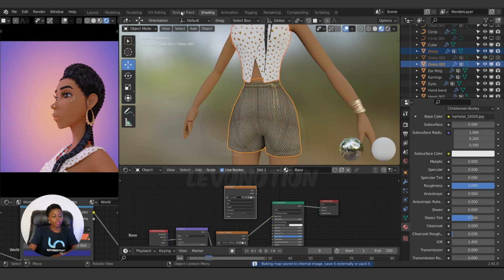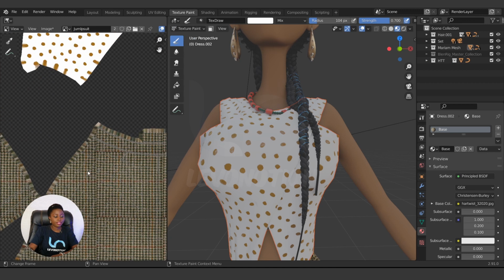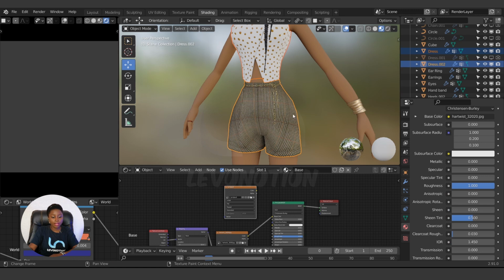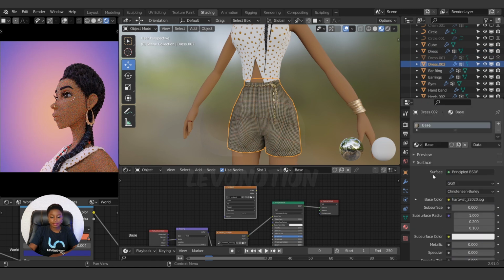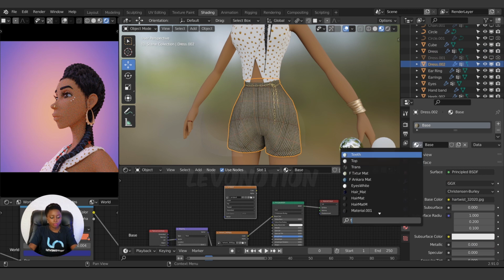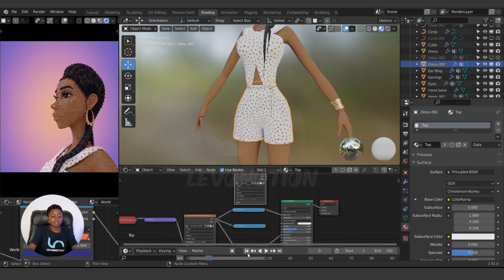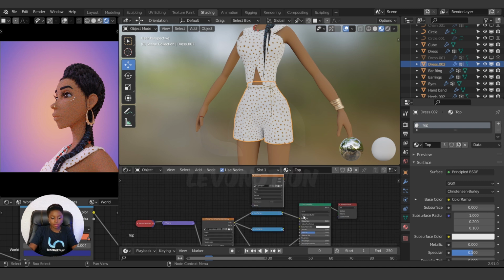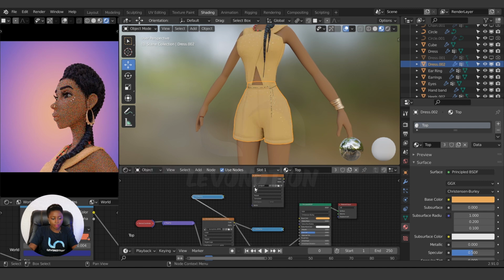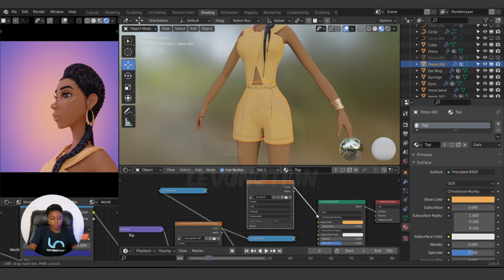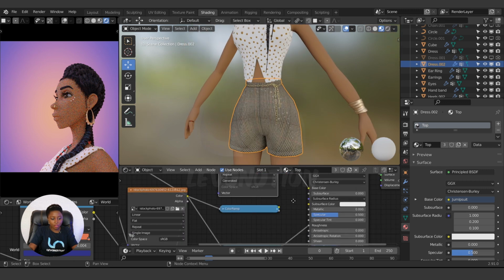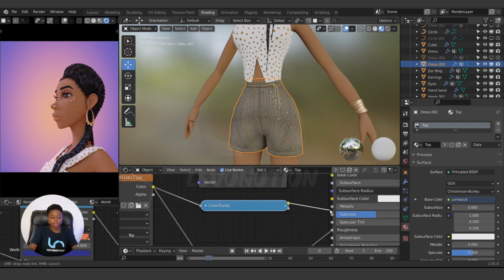So let's go to our texture. You see, this is the lower part and this is the upper part of the cloth. So now I can go to this slot and delete the material, or I change it to top. They now share the same material, but I've not connected the new texture we just baked to the base color. So let me deactivate this and attach the new texture we just baked. Yeah, so now I can connect my metallic back.